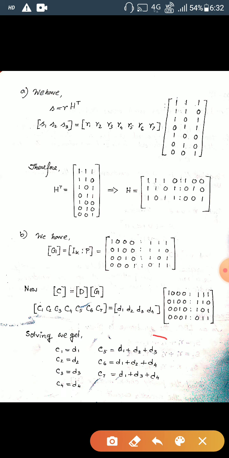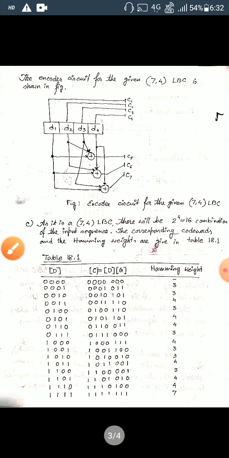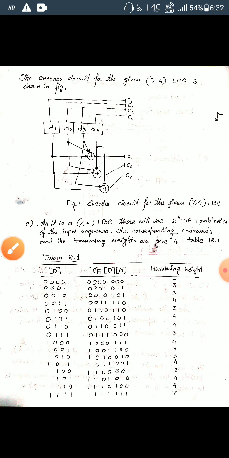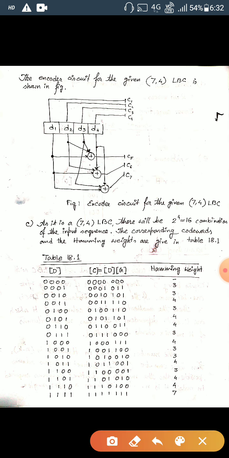Now for C5, this is the XOR operation or mod 2 addition of D1, D2, D3. Look, for C5 this is D1, D2 and D3 to get the output of C5. Same way for C7 also, and this is the diagram for the encoder for the given (7,4)